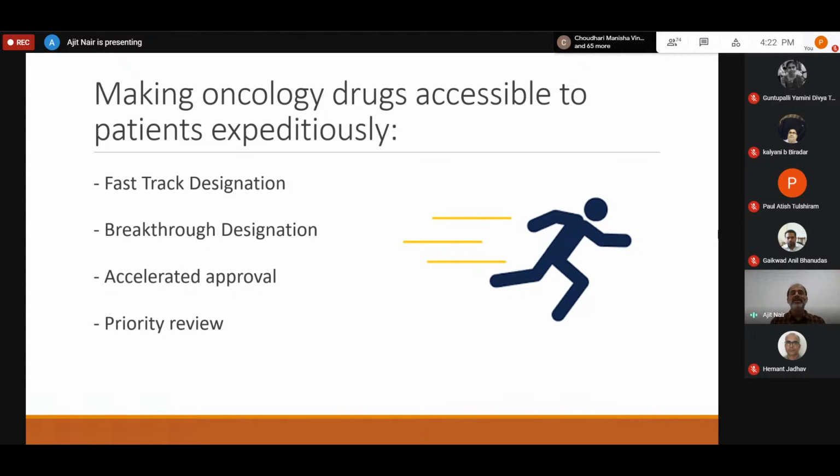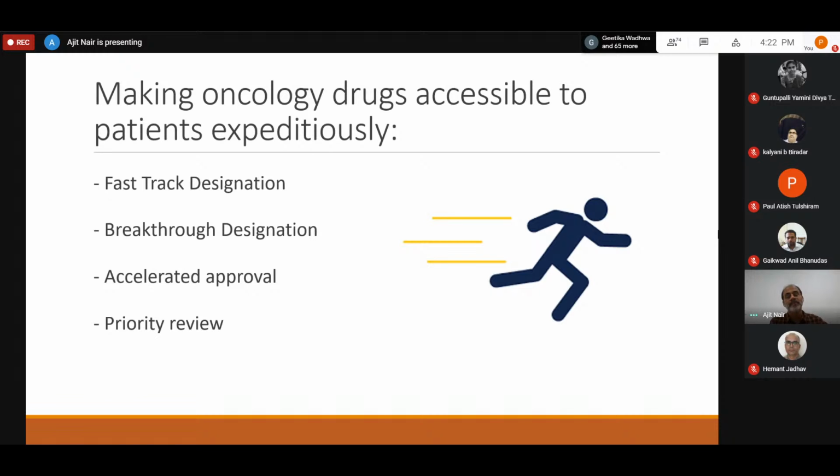So this is where the regulator looks at ways to expedite drug development. There are designations which are given to drugs in development: fast track designation, breakthrough designation, accelerated approval, and priority review. All these are put in place, and this is not just for oncology. There are some indications like epilepsy, Alzheimer's and some other cardiovascular conditions where some of these designations still apply. But most pharma companies use these designations primarily in oncology development because they really support